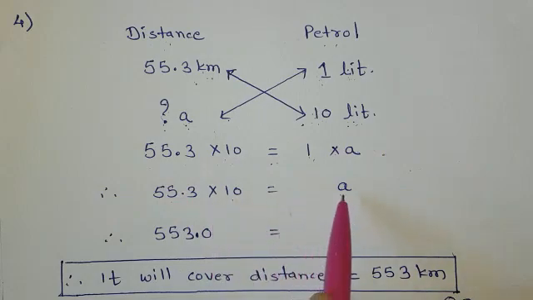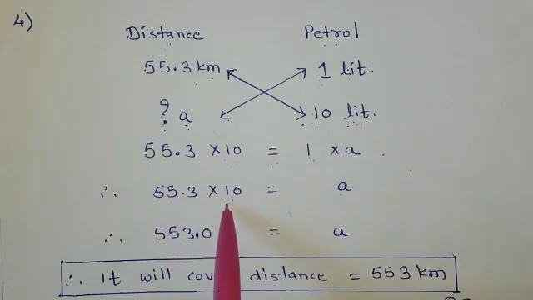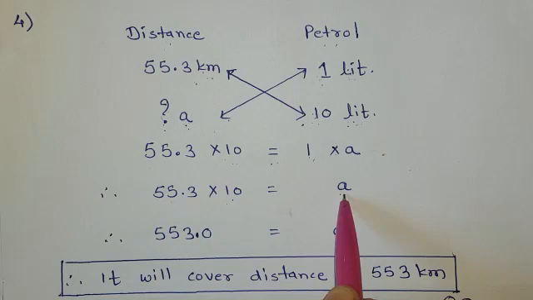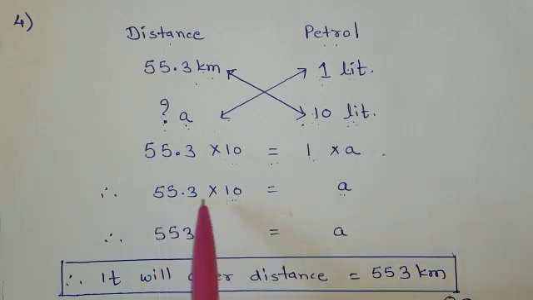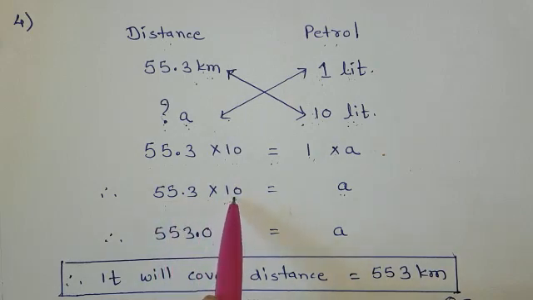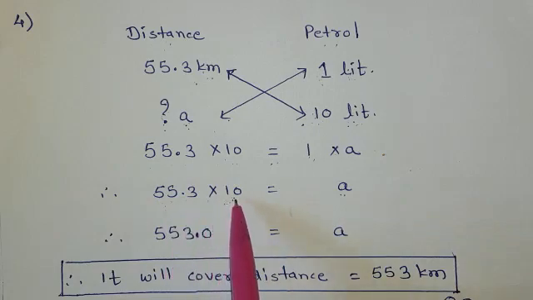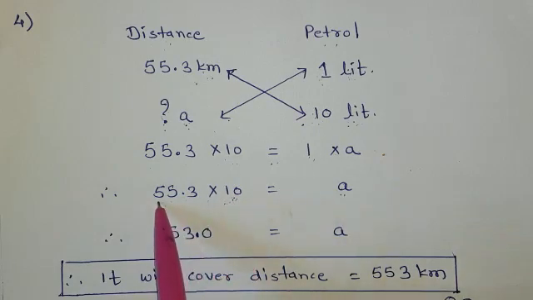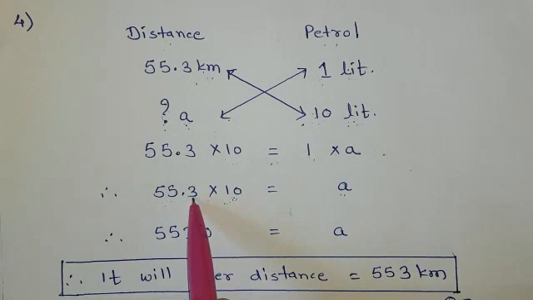Now see, automatically we have to do the multiplication. We have to find out the value of A, and here the question automatically shows the multiplication. So now 55.3 multiplied by 10. We have solved these type of questions in question number 3. So I will write 553 as it is without the decimal and the 0 of 10. Now after the decimal point only one digit is there, so from the right side I have left one digit and given the point.